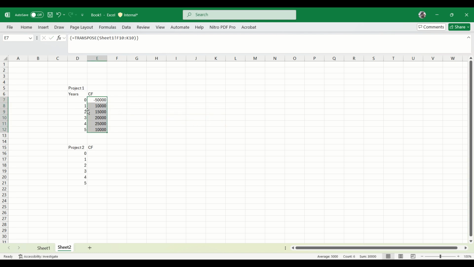If we look here, all the data came. What I did is transfer the data from a horizontal to a vertical array. This didn't copy for some reason, so let me do it the same way. To make the video short,